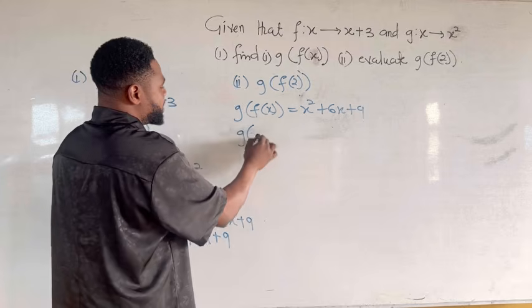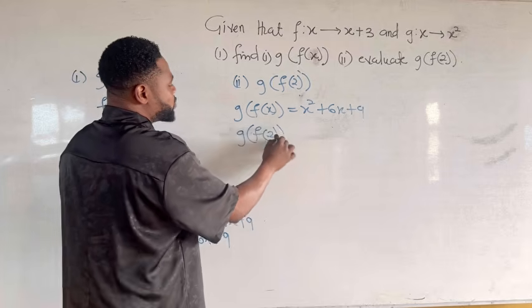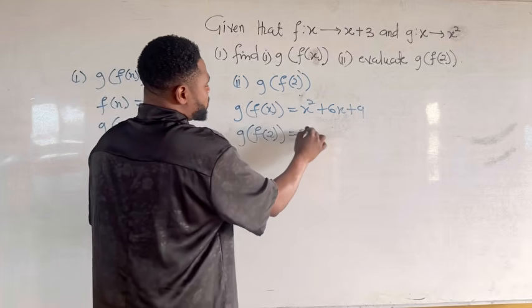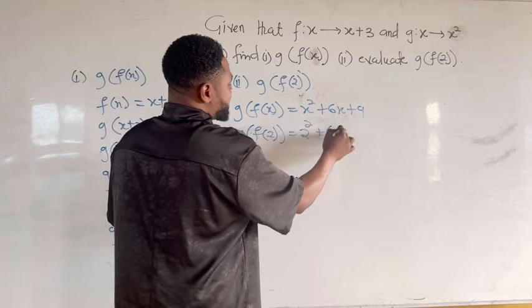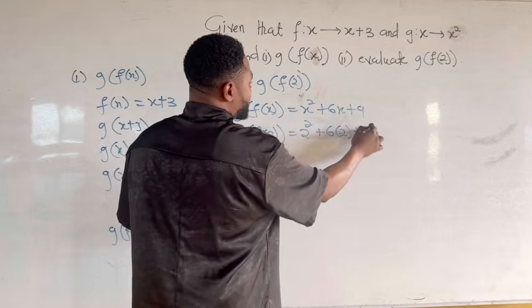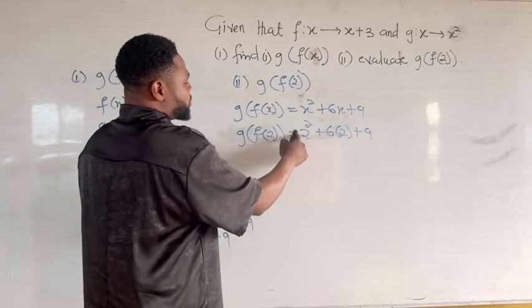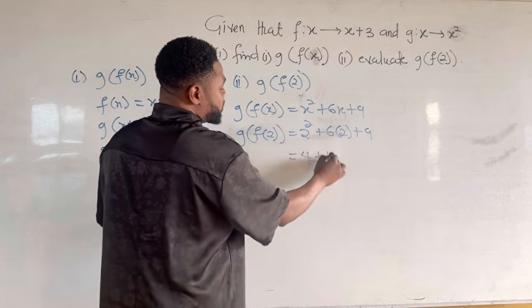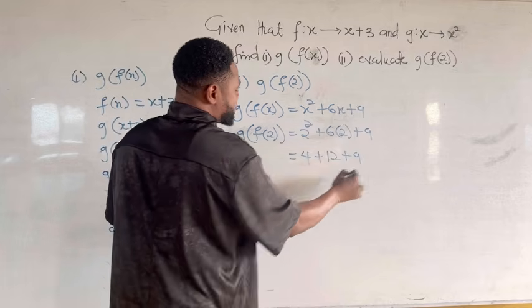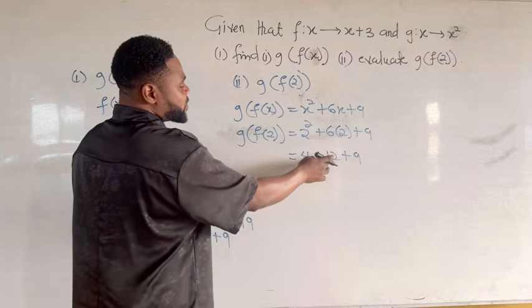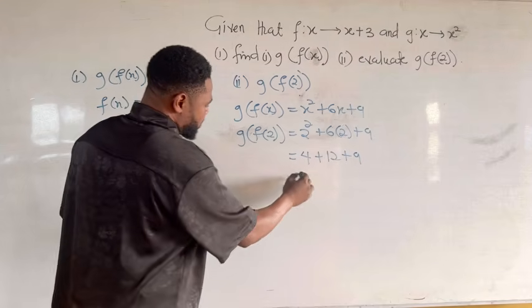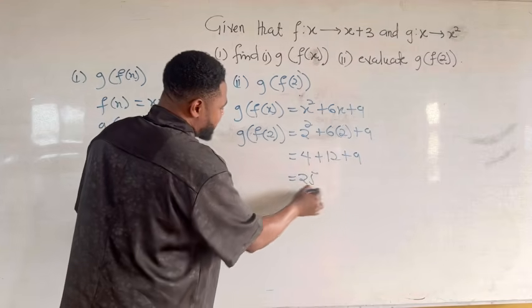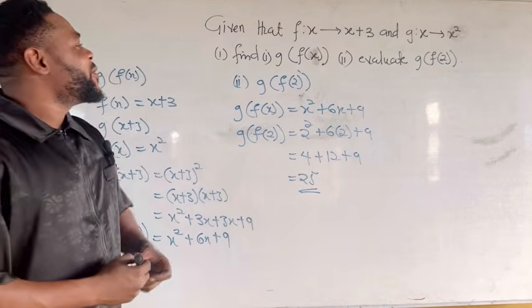So g of f of 2 will be equal to 2 squared plus 6 multiplied by 2 plus 9. So 2 squared will give us 4, and 6 times 2 will give us 12, plus 9. So 4 plus 12 plus 9, viewers, we are going to have 25. So this is how we can solve this